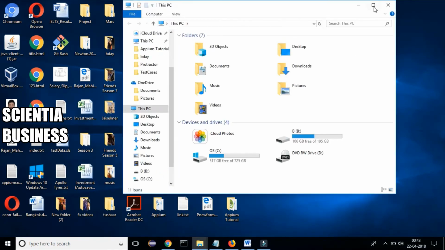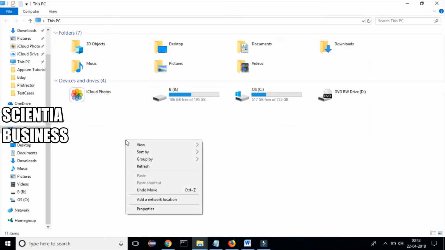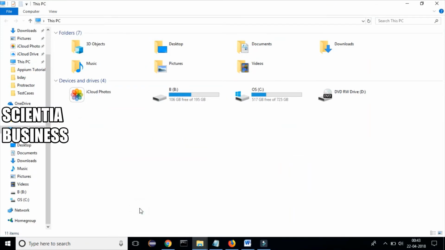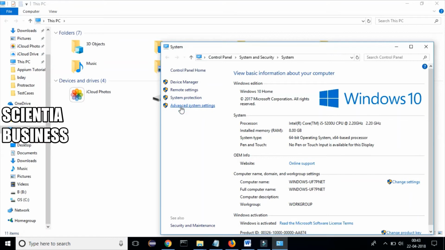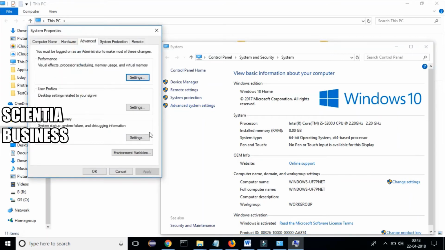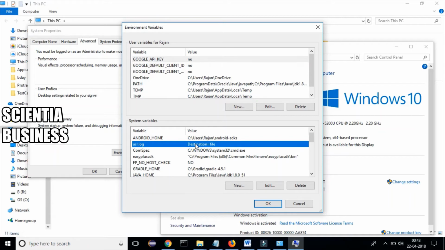Right click on it, go to Properties, and then go to the Advanced System Settings link, and here you will see this Environment Variables button. Just click on it. Here you need to create the JAVA_HOME variable.